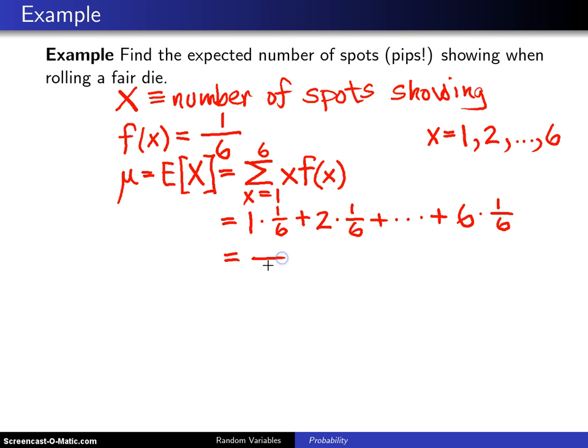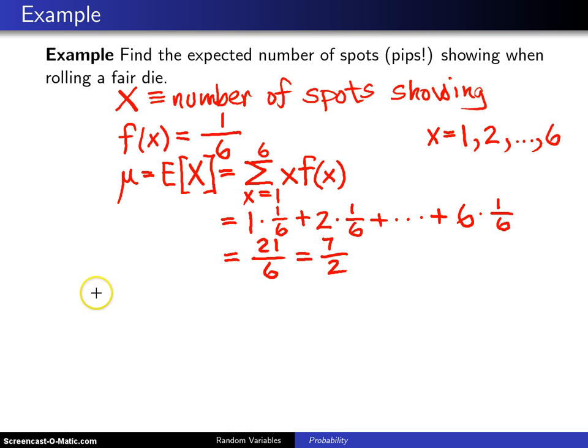So we could factor a 1/6 out of all these terms, and all that is left is adding up 1 plus 2 plus 3 plus 4 plus 5 plus 6, and that is 21. Both 21 and 6 are divisible by 3, so 7/2, or 3.5, is the population mean, or the expected value of X. A way of interpreting this probabilistically is, if I roll a die over and over and over again, and I average the number of spots showing on each of those rolls, that will converge to this population mean,